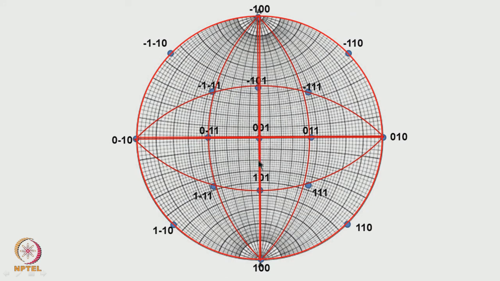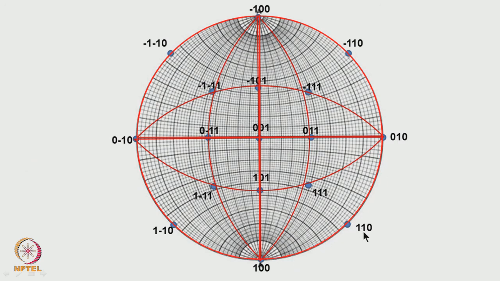So, in this direction it should be 90 degrees away. So, the pole will come here, okay. That is how we can mark this pole, and the 010 pole will come here, and we can make out that from here to here along this circle, if you go, this is 90 degrees it makes, okay.